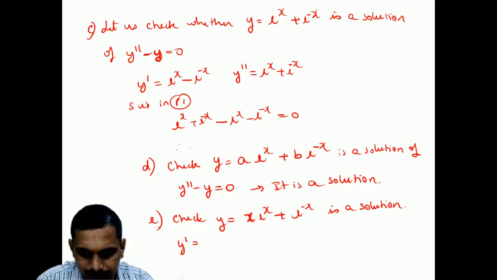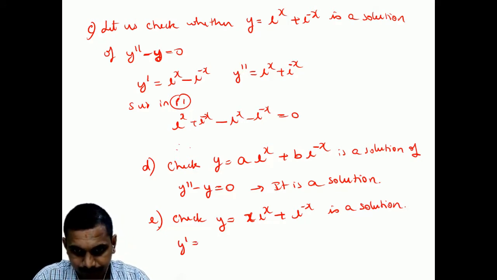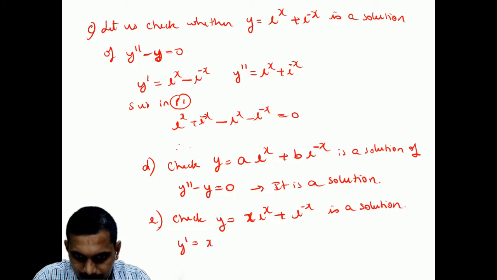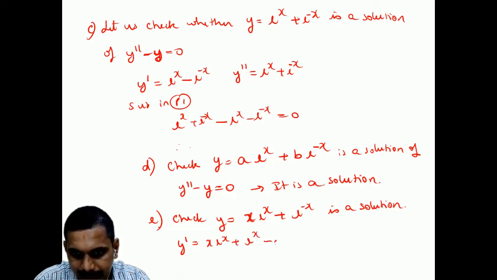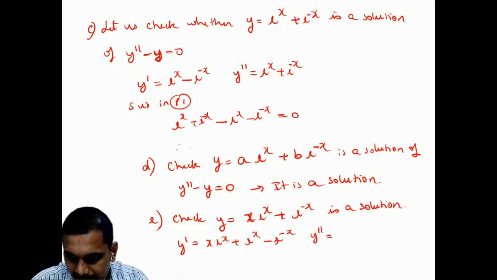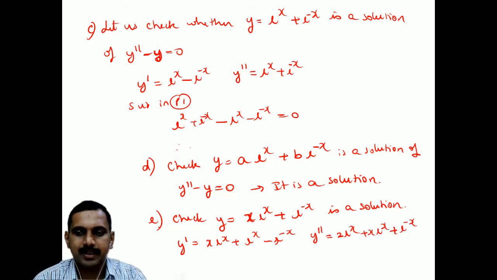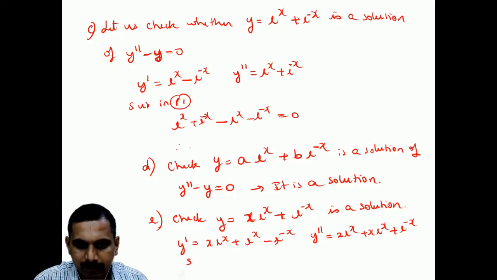Check this out, students. What is y dash here? y dash is x e power x plus e power x, minus e power minus x, correct? And then y double dash would be again 2 times e power x plus x e power x plus e power minus x. Now when you substitute in P1,